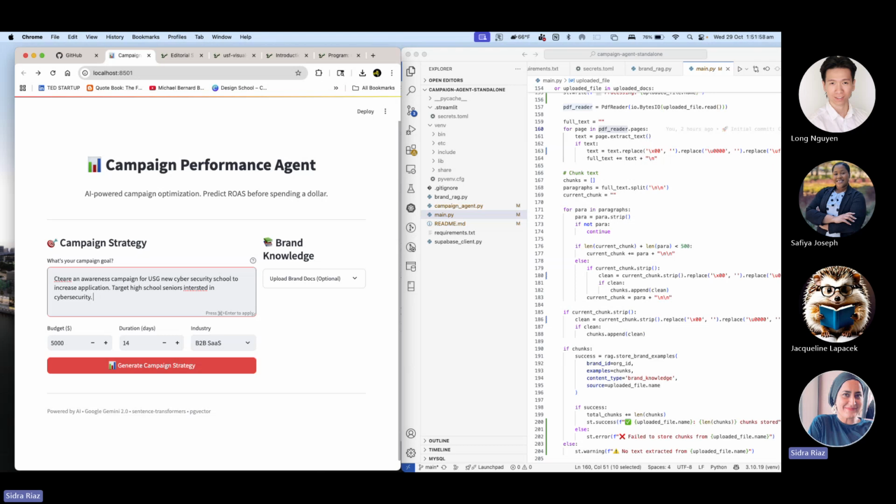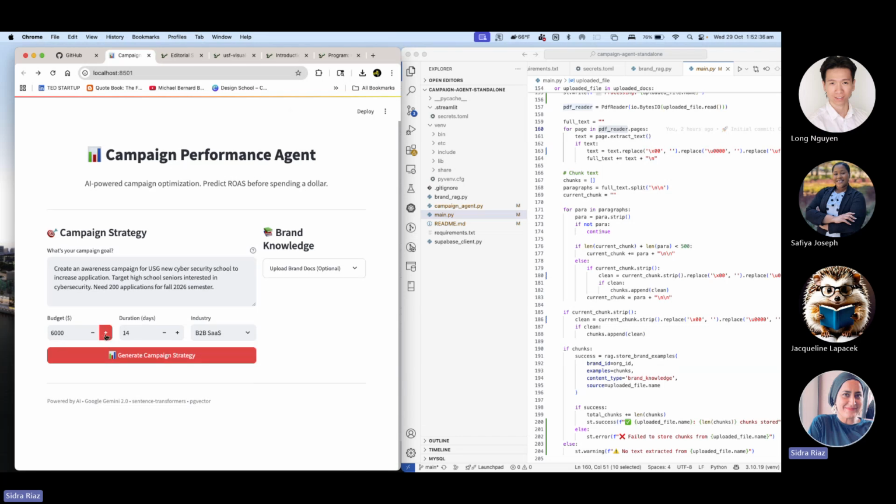And then we can also add something like the overall goal, like need 200 applications for fall 2026 semester. All right, so